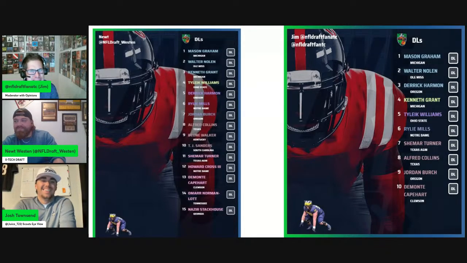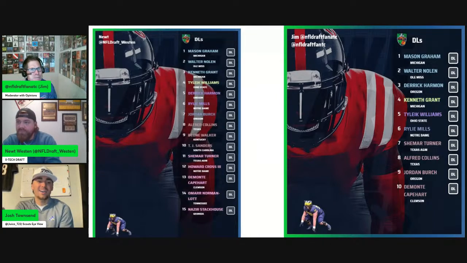No, don't worry about it. Where do you have Mills and Turner? So I have Mills slightly higher than Turner, but we'll get into that in a second. For me, Rylie Mills was a guy that I just got into today, and I really liked what he brings as a pass rusher. It was really surprising to me to see how productive he was in that fast hit. And even though this is a guy that could add some mass to the next level, I got him at 6'5", 310, 295 pounds.